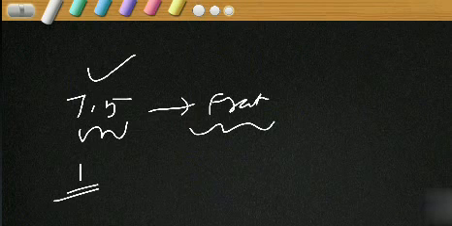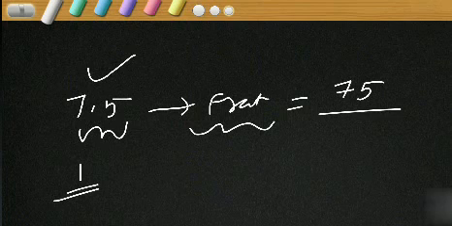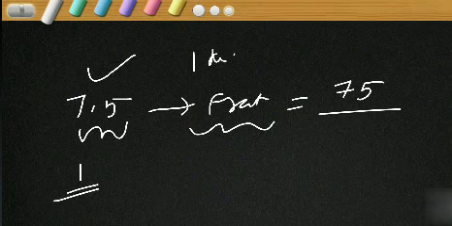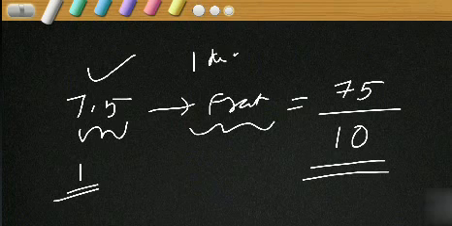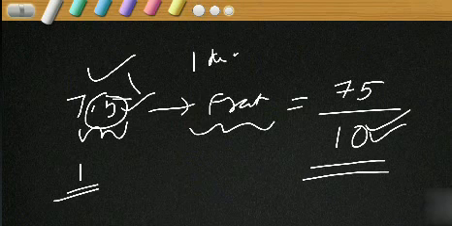So what we have to do for converting this into a fraction? Yes, remove the decimal point and write the number, and in the denominator, what is to be written? Yeah, since there is only one decimal place, we have to write 10 in the denominator. Why? In 10 there is only one 0, and in the question there is only one decimal place. Is it clear? Have you understood?